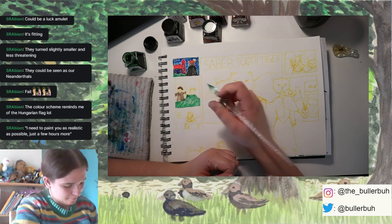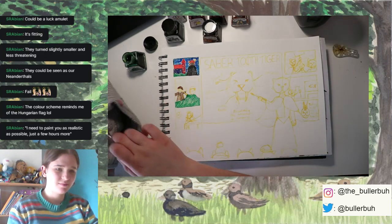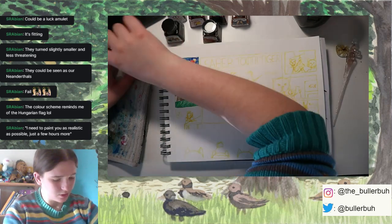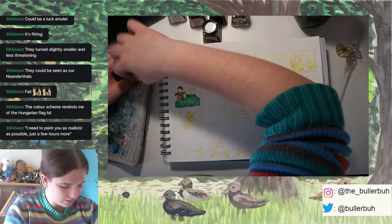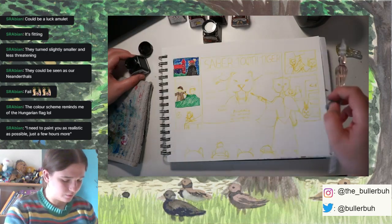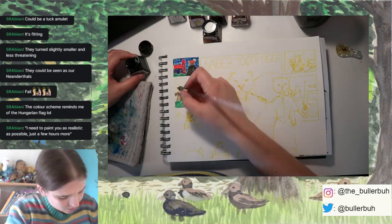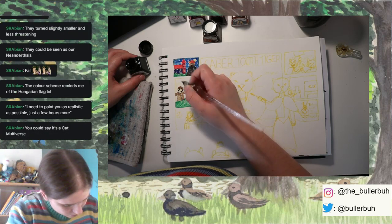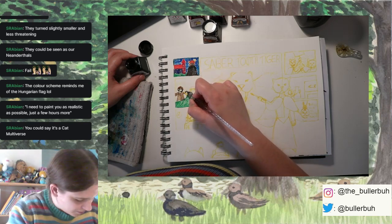I'm gonna have the dog be black. Have the dog be black. Kind of like the outlines. That looks pretty creepy now, but